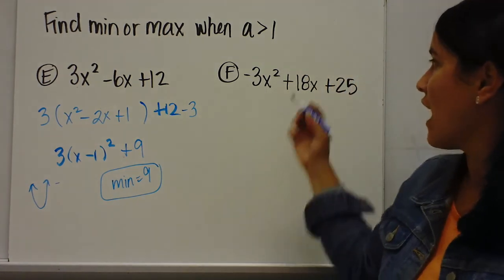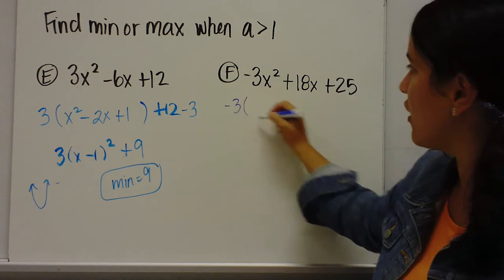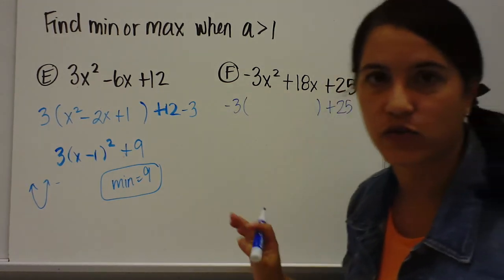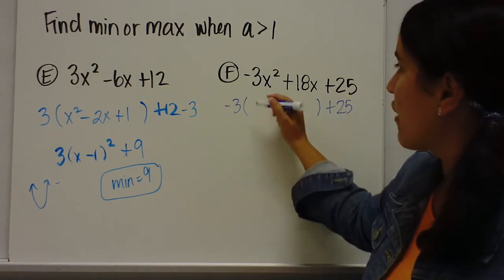Alright, F. Same thing, I need to factor out a negative 3, and I'm going to leave my plus 25 alone. Leaving my plus 25 out there. When I factor out negative